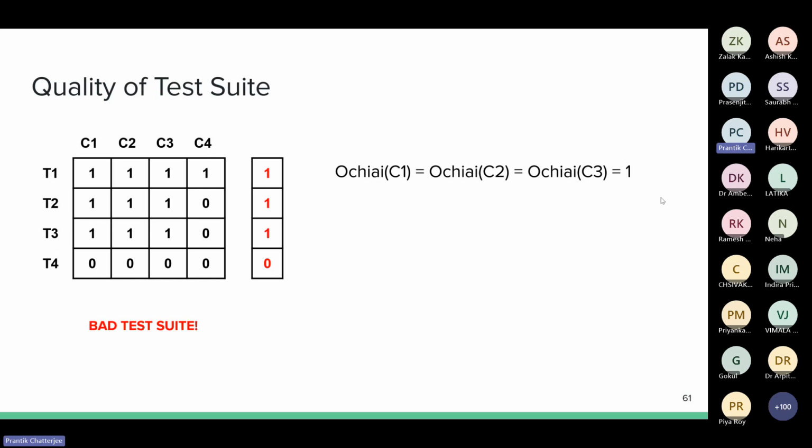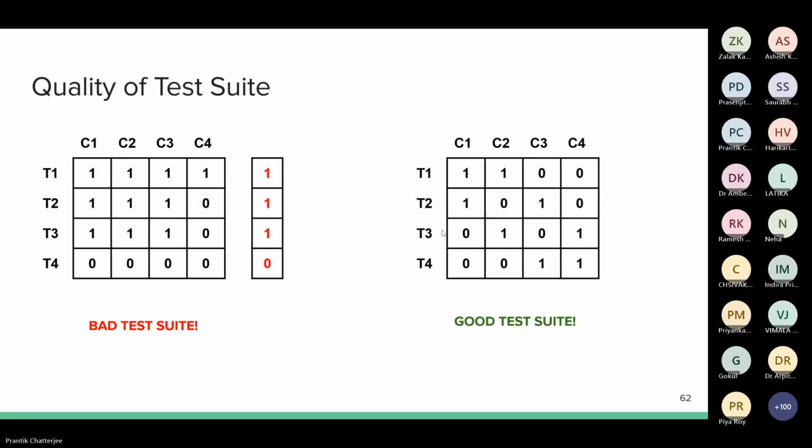Now, if all have the same OCI score, then which component do you examine first? If C3 was the buggy component, how do you know that this is the component that I want to examine first? So even though you have 100% coverage, this test suite is not good for fault localization. On the other hand,